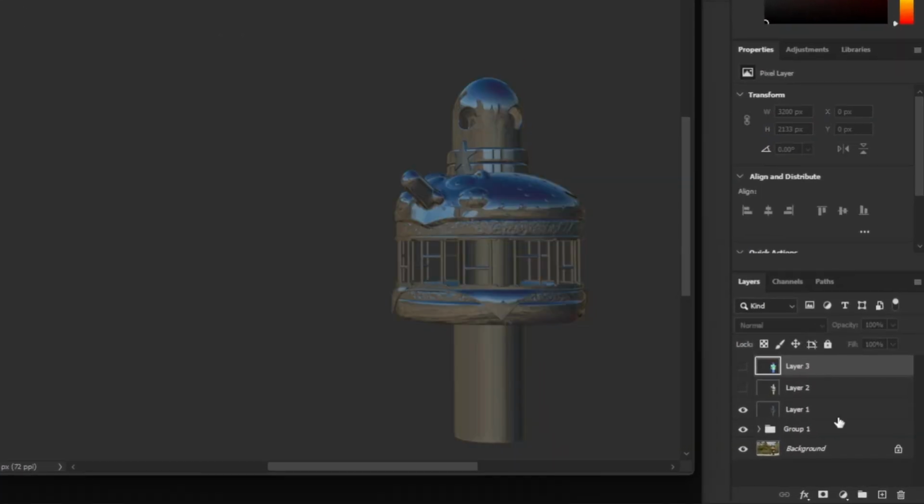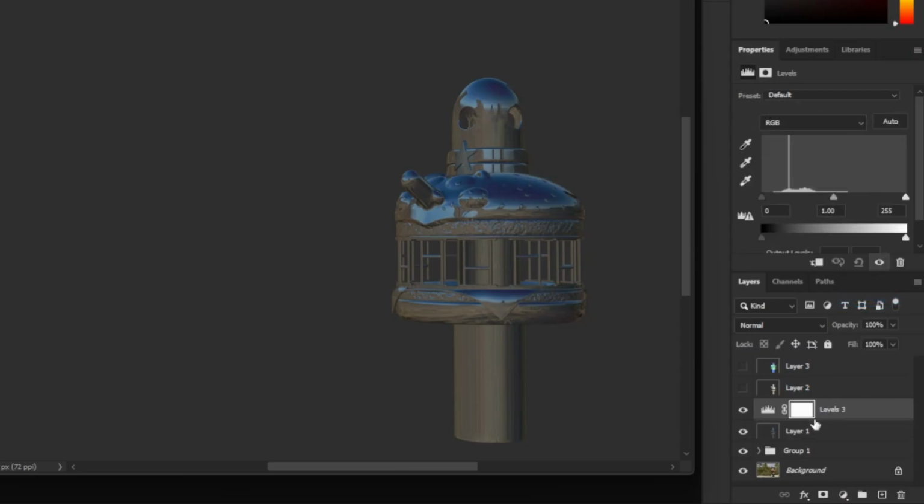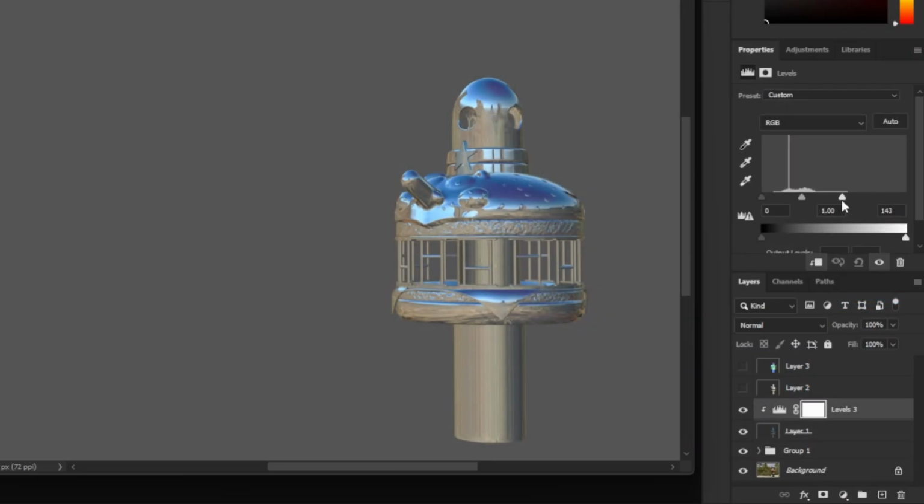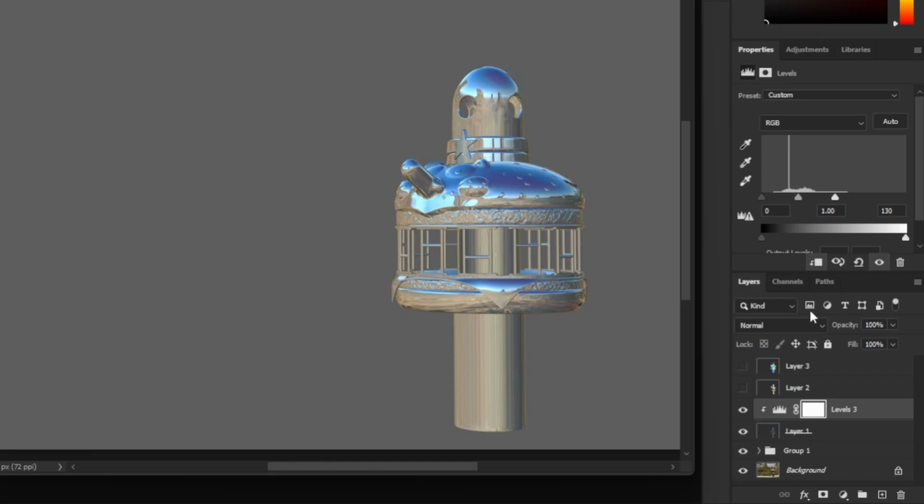So I'm going to turn all of these off except for this first reflection map. Again, we'll just put a quick levels on there, hold down Alt and link it. And we'll go ahead and make this a little more punchy. And it's making everything punchy. If I just want this levels to be applied to just this object here, again, I go in here